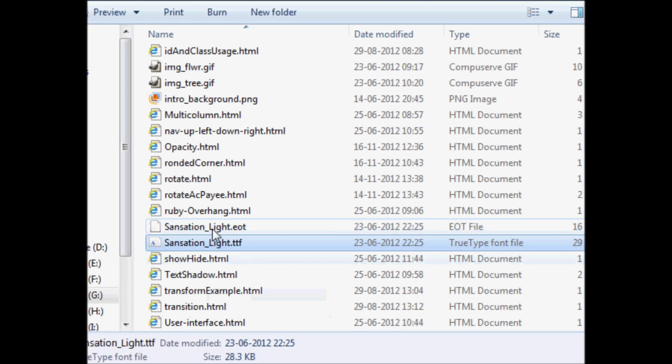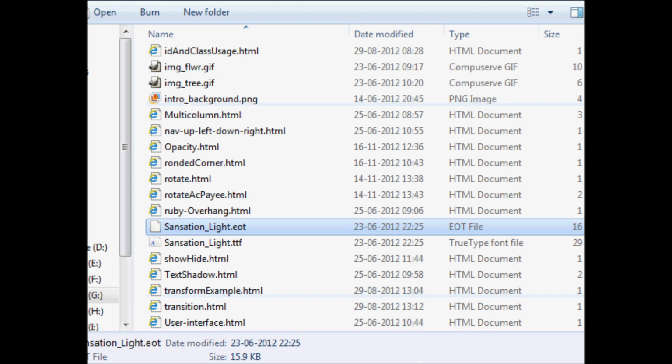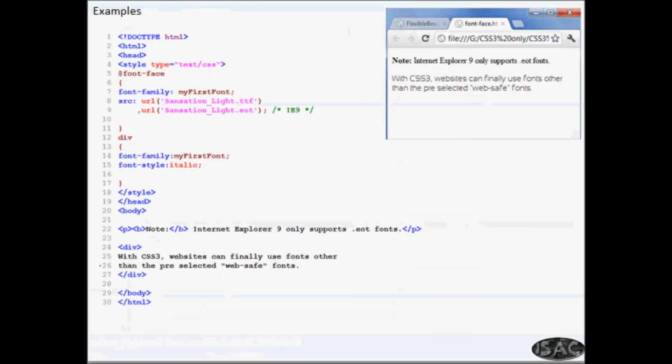So I have these two files in this location. Now come back to here. So here we are saying @font-face, and inside that I'm saying font-family and giving the name my first font. This is the name of the font, right? And src, the source, where is the source of this font? URL. So both files we are specifying.